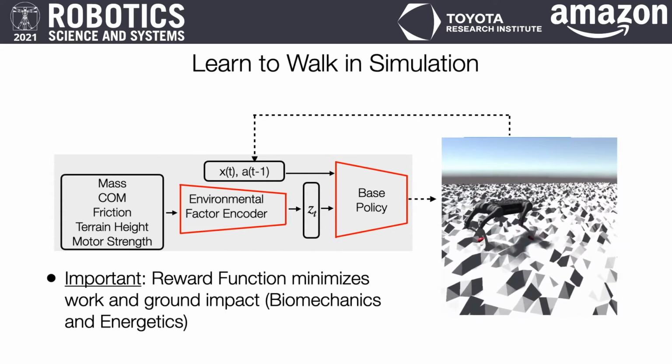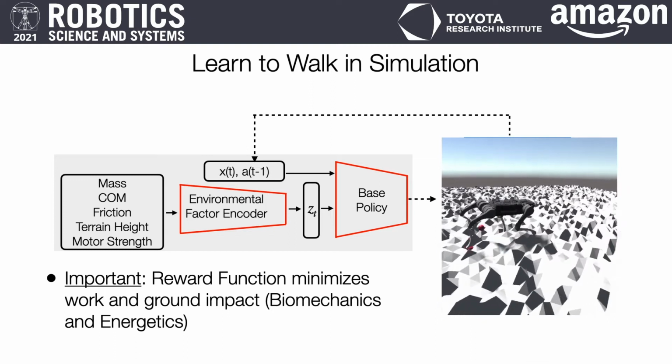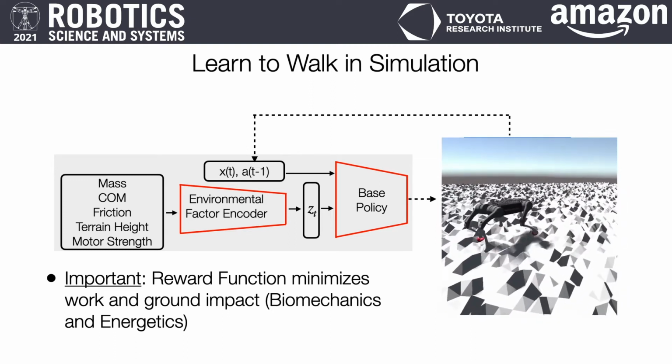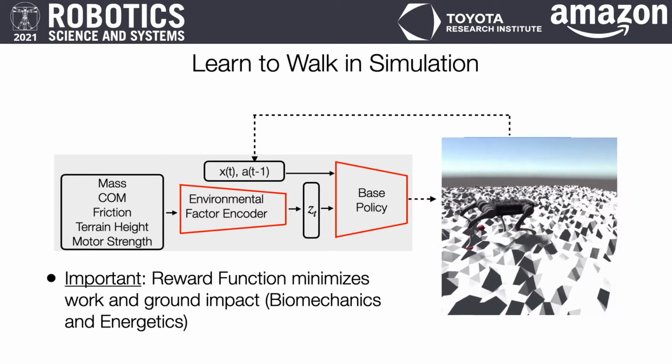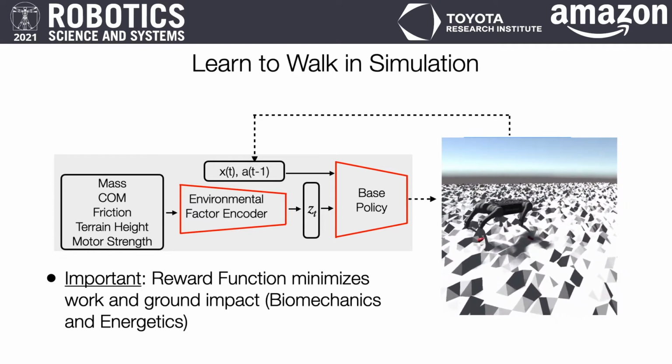The walking policy takes in a 42-dimensional state vector and an 8-dimensional extrinsics vector. We train this end-to-end using PPO with 1.2 billion samples. Our reward function is motivated from energetics and biomechanics, and we train on natural terrains from a fractal terrain generator. This gives us the nice looking gait you see on the right.